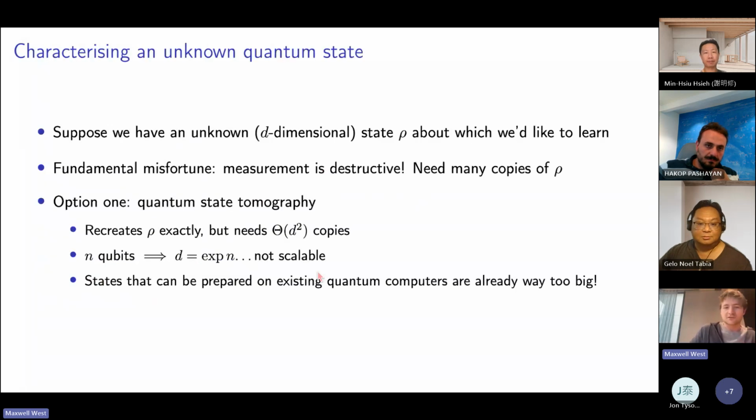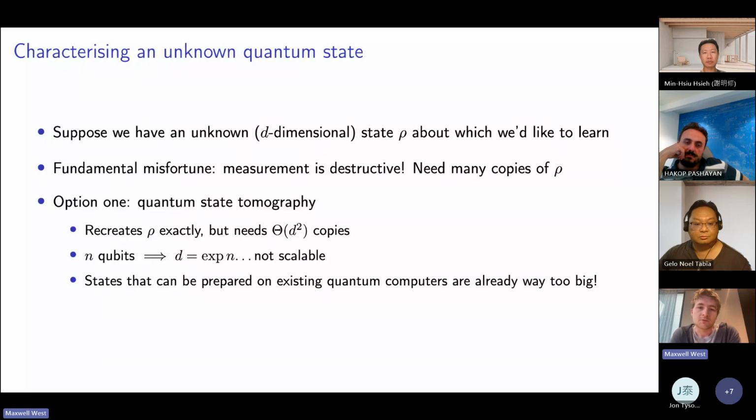Okay, so to start right at the beginning, this is all about trying to learn to characterize unknown quantum states, which is, say, d-dimensional and completely unknown. Maybe it's pure, maybe it's mixed. It could be anything. And then the fundamental problem is that, to learn about these systems, we want to extract the classical information from them somehow. But then measurement famously is a destructive process that in general is just going to mess up your quantum state, right? So it's not necessarily true that will happen, right?